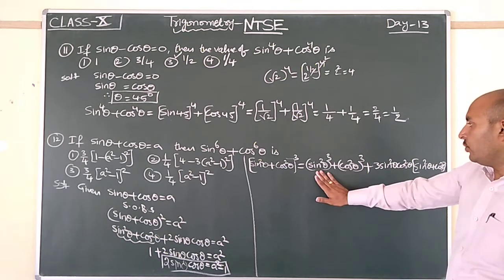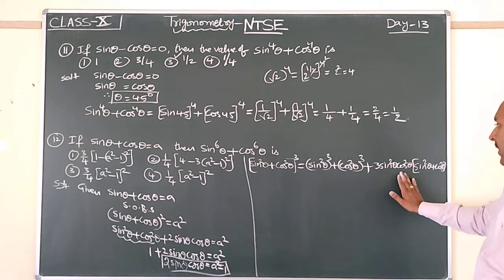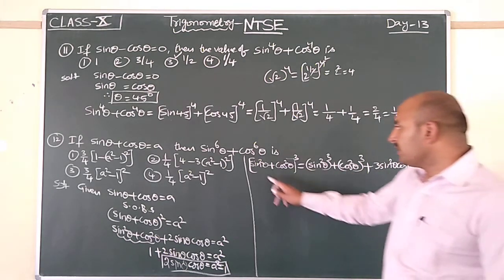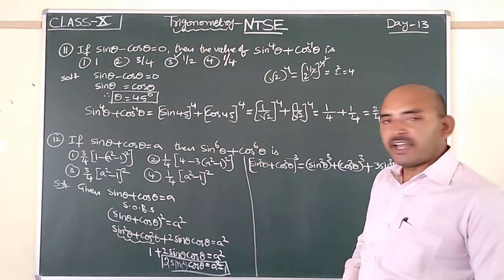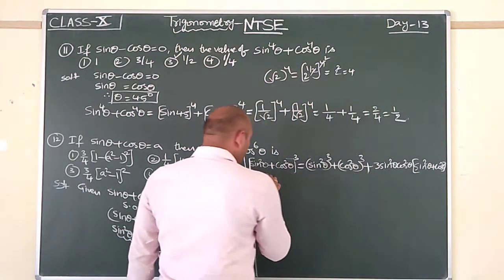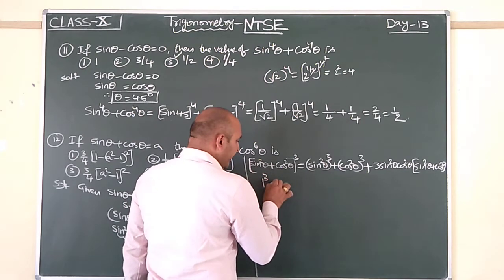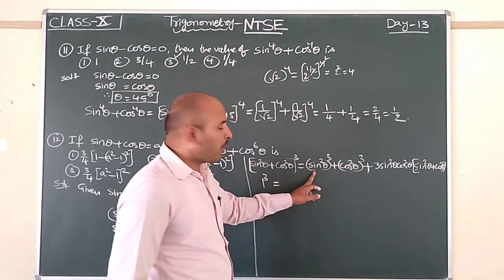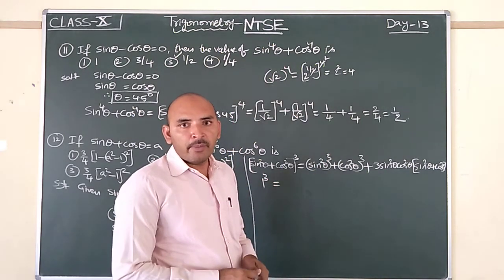What is the value of sin square theta plus cos square theta? Clearly 1. So 1 cube is equal to